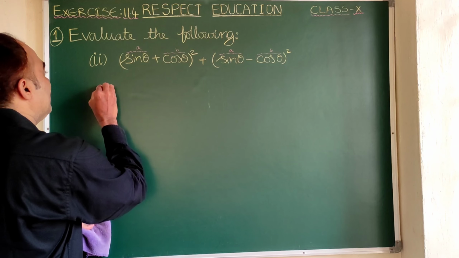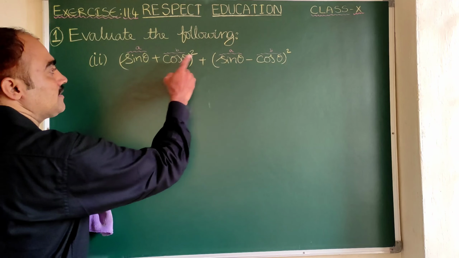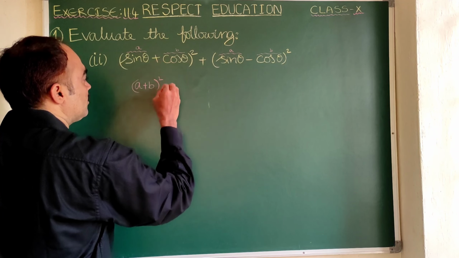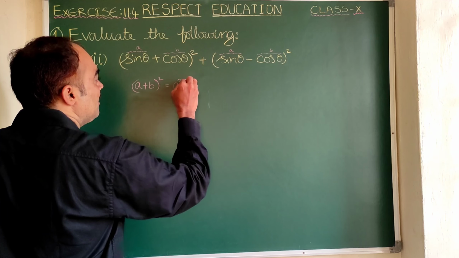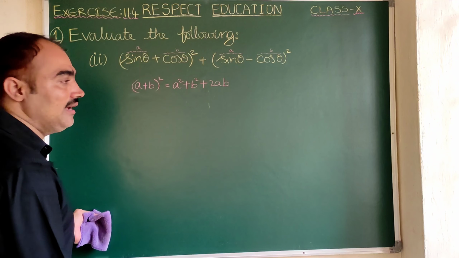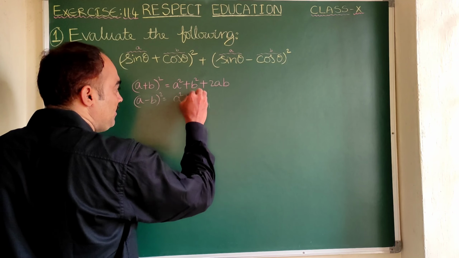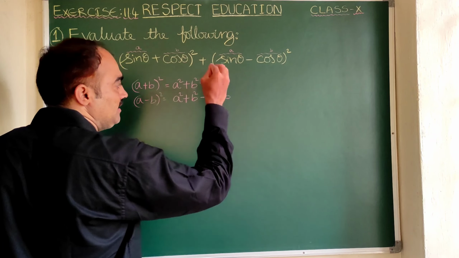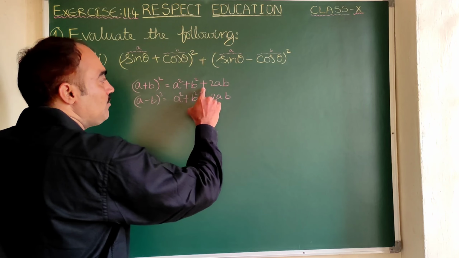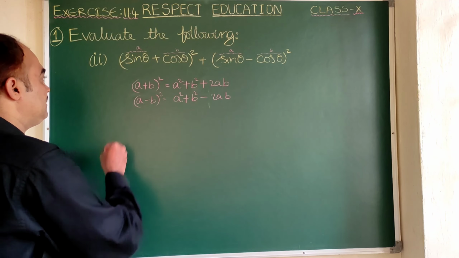Okay, so first let us write the formulas before starting the problem. Two formulas are in this, that is A plus B whole square and A minus B whole square. What is the A plus B whole square formula? A square plus B square plus 2AB. Clear? And what is the A minus B whole square formula? A square plus B square minus 2AB. Is it clear? In both the formulas, A square and B square will have plus only. Only the symbol will change for 2AB. Here it is plus, so plus 2AB; minus is minus 2AB. Is it clear? Yes, sir.